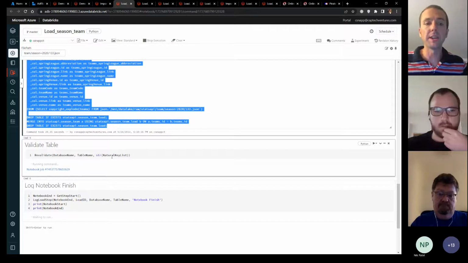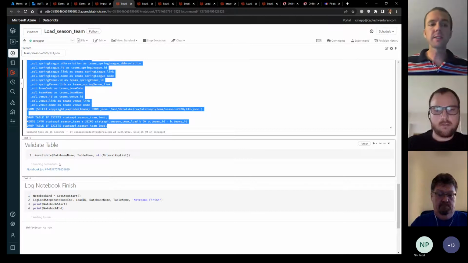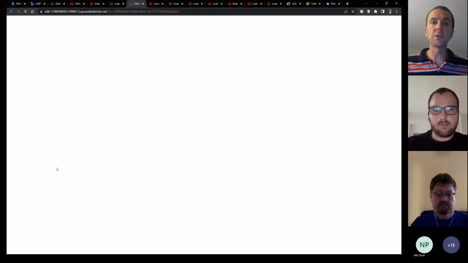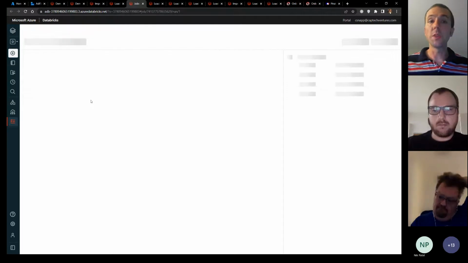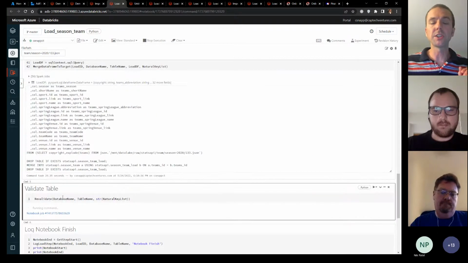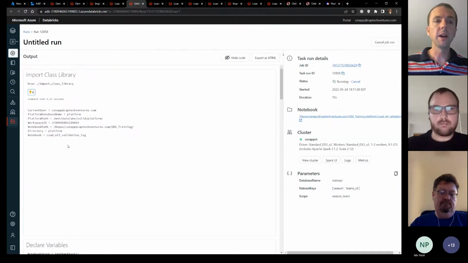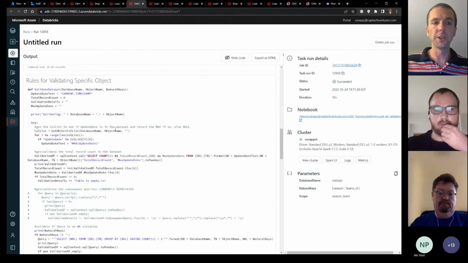It's now going out and validating that table, which calls a separate notebook, which I'm getting ahead of myself a little bit. But from Databricks, you can call methods that run other notebooks that exist, and it'll light it up with a little link here that you can click, and you can see what that notebook is doing. So you're not only running code in cells in your notebook, you're actually asynchronously kicking off other things. But in this situation, it's waiting for it to return before it proceeds. There is a way to just tell Databricks, don't wait, go ahead, run it, and I'll just move on down the cell pattern.